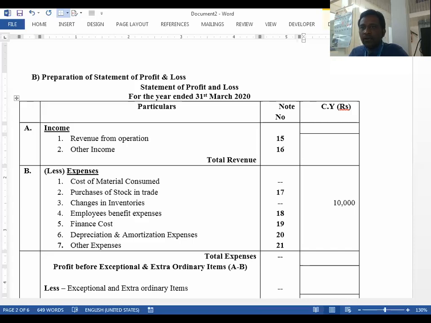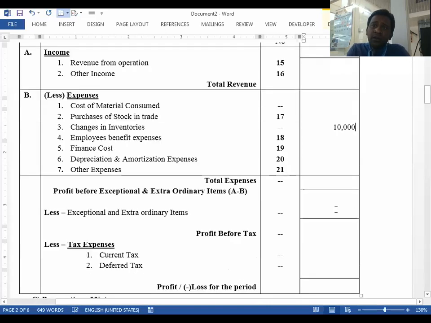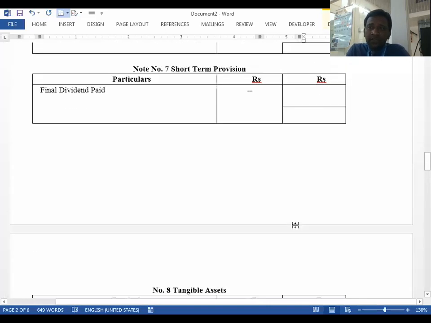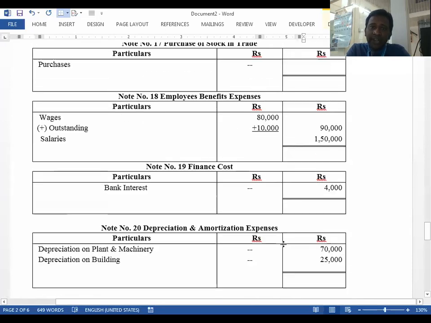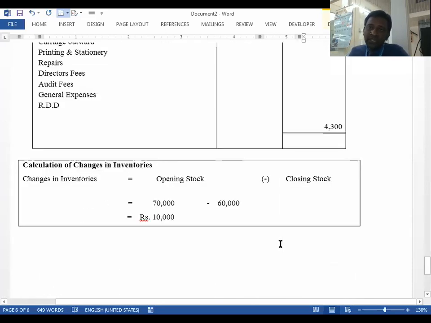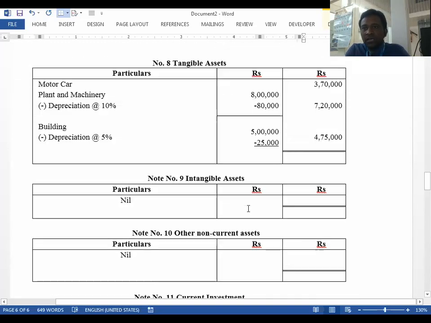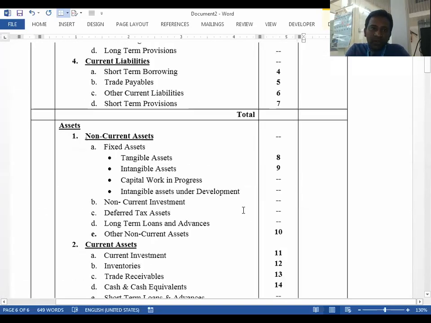It is deducted from other items. So 10,000. Now the question is to transfer the closing stock, because closing stock is given in the adjustment, and whenever an adjustment is given, there may be two effects of that particular item. Minimum two effects. So the first effect, we deduct from closing stock, so we record under the change in inventories. Then the second effect of closing stock is always treated as an asset. So we transfer it to the asset side of the balance sheet, and we have separate notes in this regard.